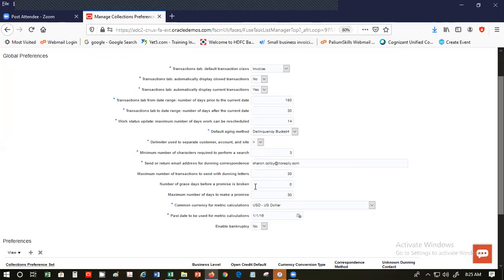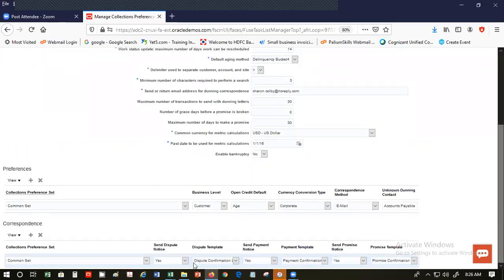So someone says, okay, I'll pay by Monday. So if not paid by Monday, till what date are you going to be taking it forward? Number of grace days, maximum number of days to make a promise, common currency for metric calculations, past date to be used for metric calculations, preferences in terms of collections preferences set, what is the business level, what is the open credit default, what is the currency conversion type, correspondence method, unknown Dunning contact,